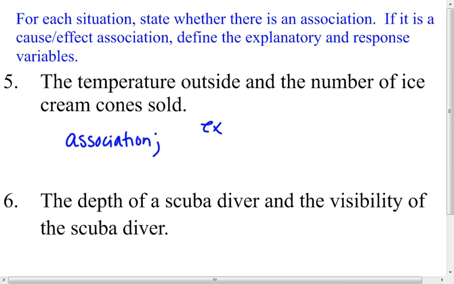And again, the explanatory variable in this case would be the temperature. And the response variable, what we're measuring, is the number of ice cream cones. Okay,